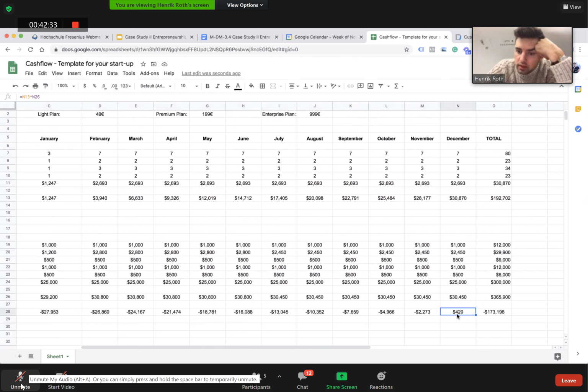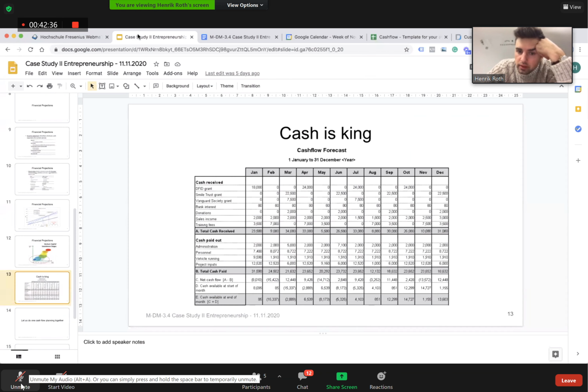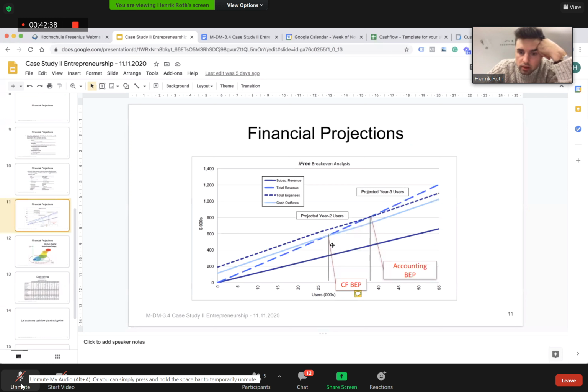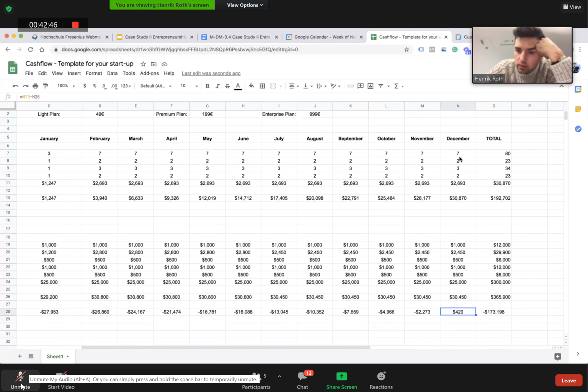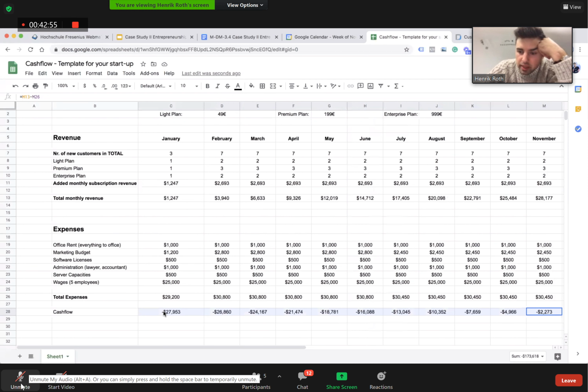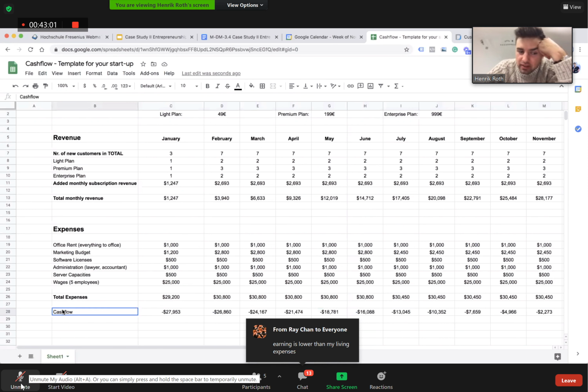Because this is basically the point where the income is higher than or the same as the expenses, right? So now it's a question, how do you survive the months until December, where you have a big minus? The plan is not promising. Correct, but